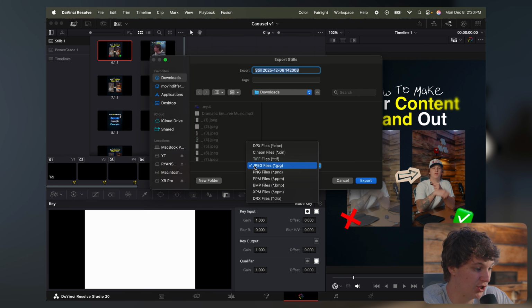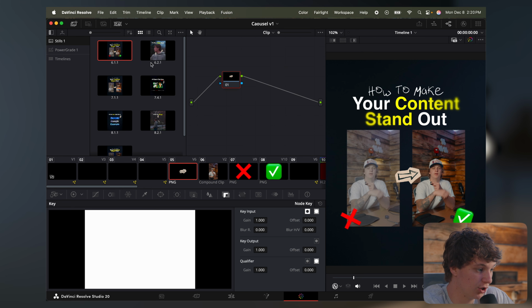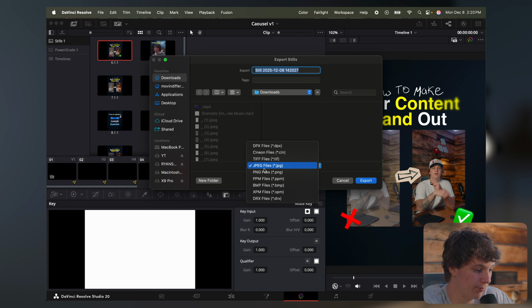Make sure you pick the JPEG or PNG, either one of these files. You're going to want to pick the JPEG or the PNG files, or you won't end up getting that image. So anyways, once you right-click, you go to export. And once you have this preset already saved right here, it'll always be like that, but then you just